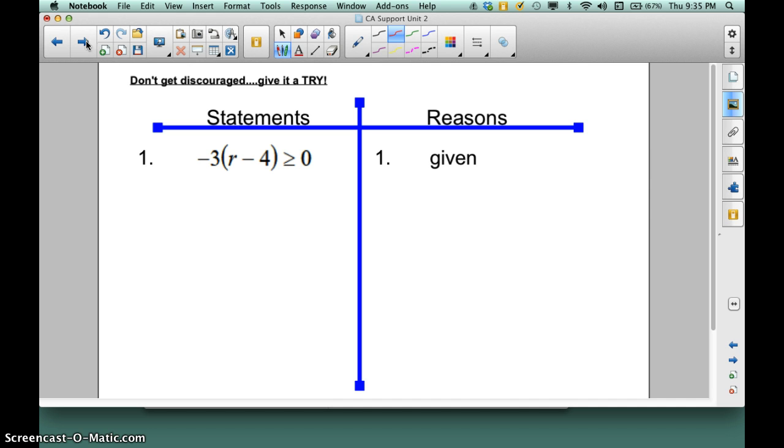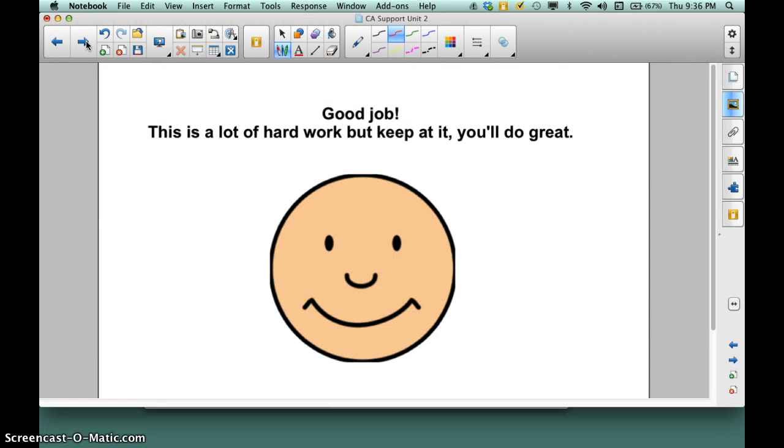Don't get discouraged here. There's another one. We'll do this one in class together. I'm not going to have you worry about it right this second. Look, you've done a good job. This is a lot of hard work, but keep at it. I promise you're going to